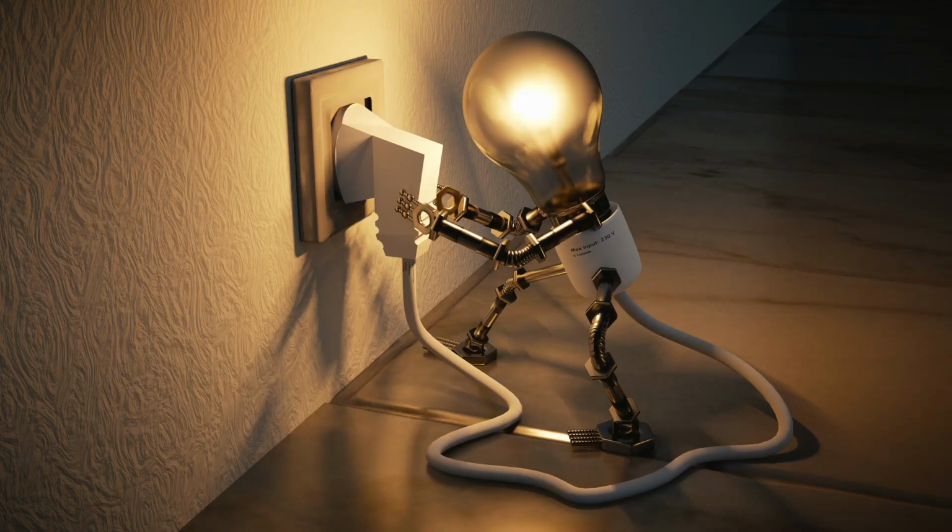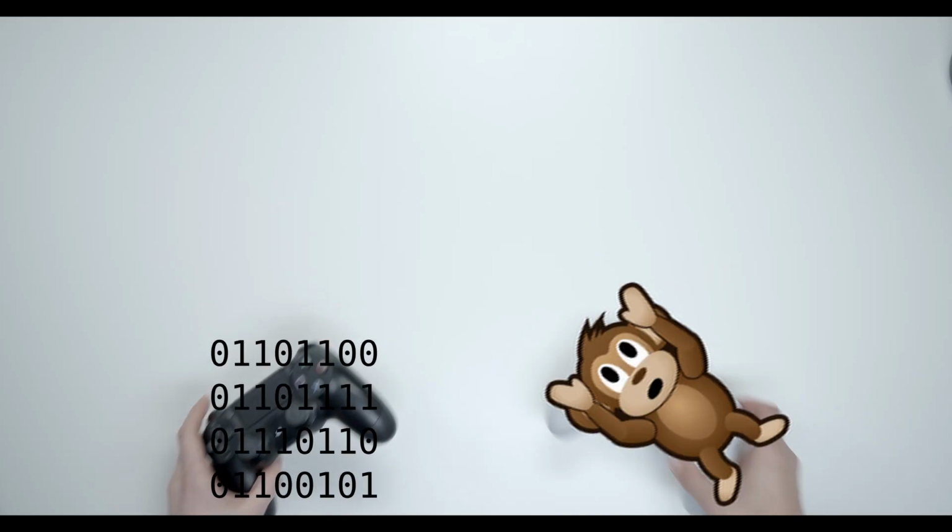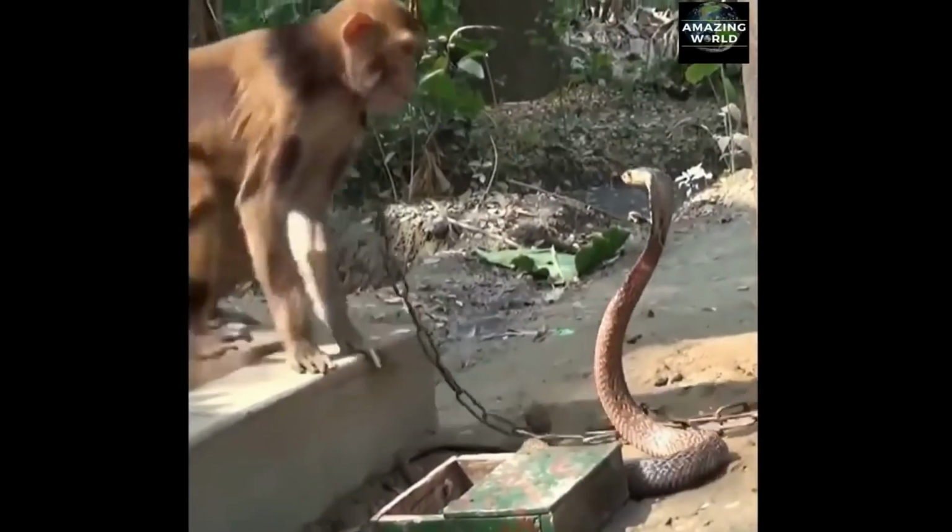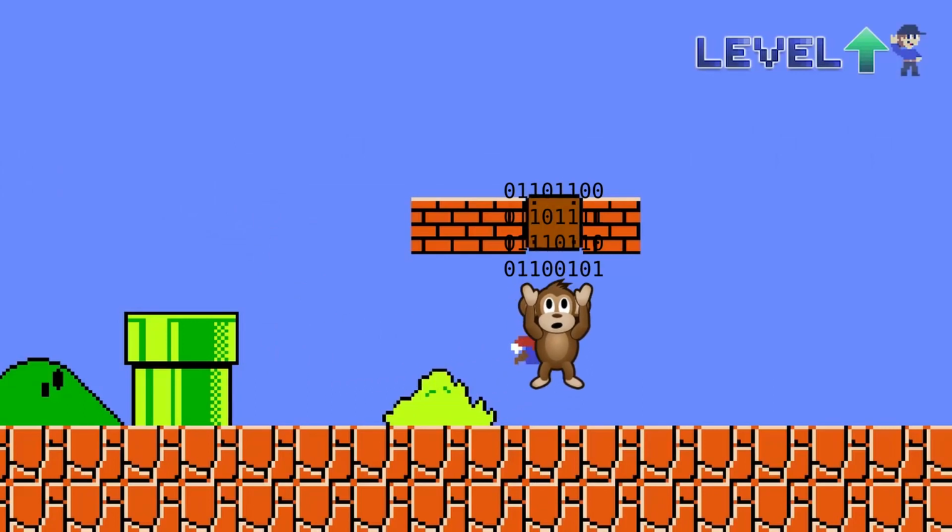Okay, so the first thing we need to do is come up with a game concept. I decided to start with a simple idea. For my game, I'm going to go with a monkey plus binary digits of code while trying to dodge snakes. You earn points by collecting the code, and the game ends when you lose all 3 hearts by hitting the